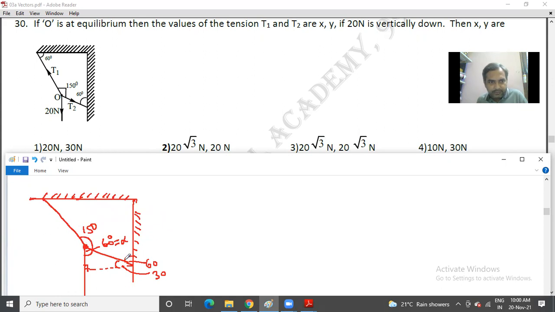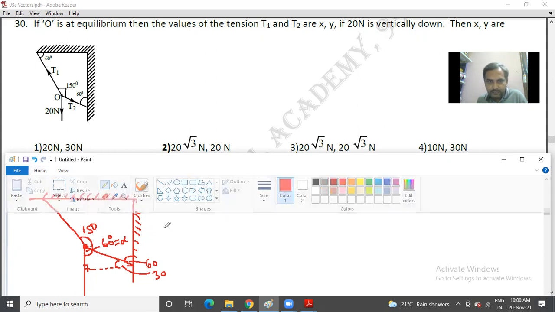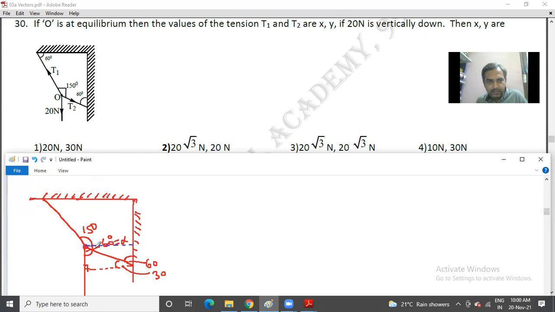Suppose this is 60, this is 60, this will be 30, this will be 90, again this will be 30. So 30 here and 90, so it will be 150 balanced. Okay, if this is 30, now you'll get this is 60. So therefore this is again 90. So total beta is going to be once again 150.